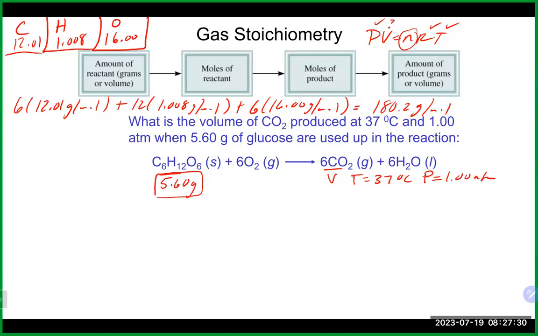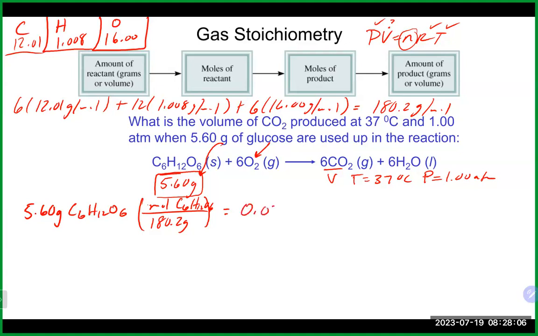We will do that conversion. So we're going to take our 5.6 grams of C6H12O6. And by the way, this is just a basic stoichiometry problem. Obviously I could get the moles of that other reactant, but I have no information about it, so I don't have to worry about limiting reagent or anything like that. So we'll do that conversion here, divided by 180.2 grams per mole. That's going to give us 0.03108, we'll call it, moles of